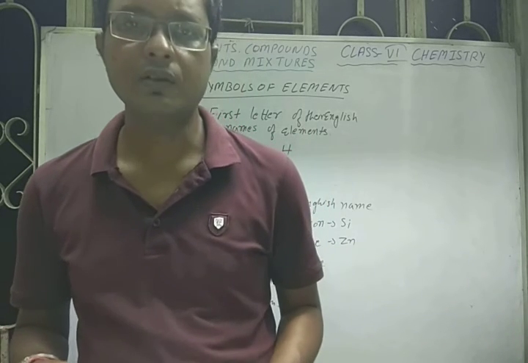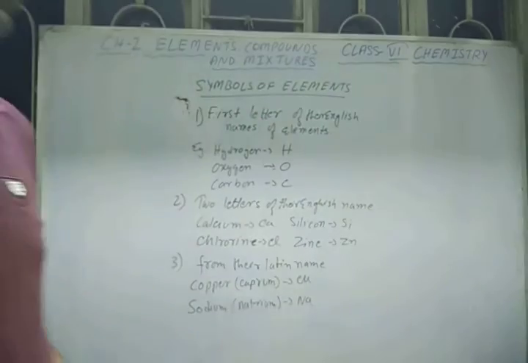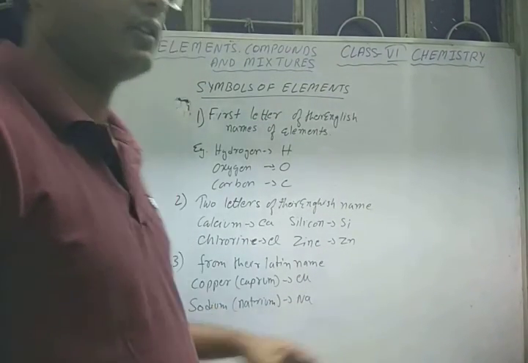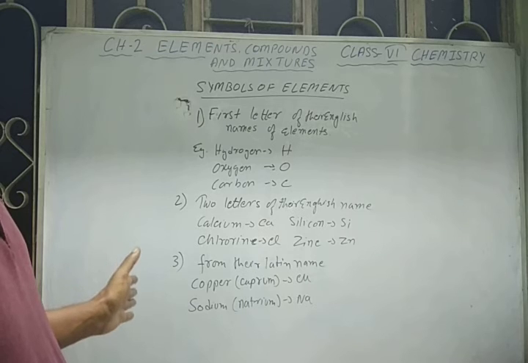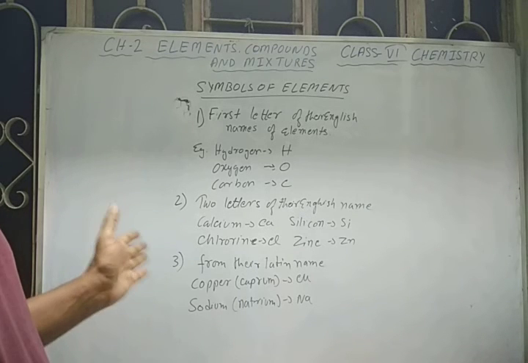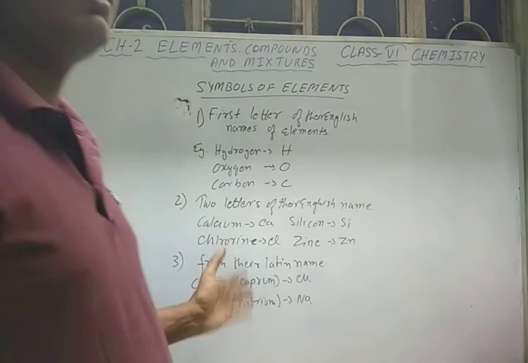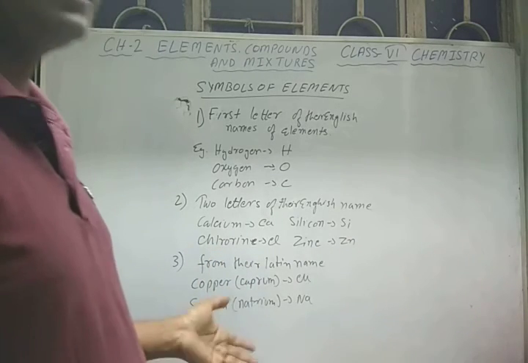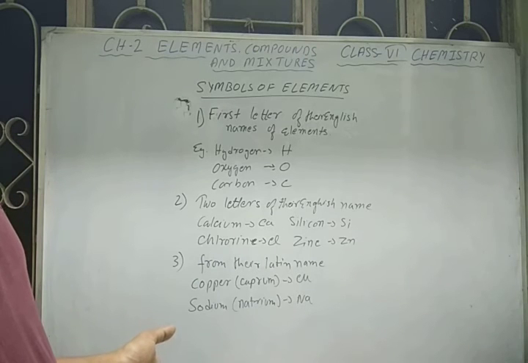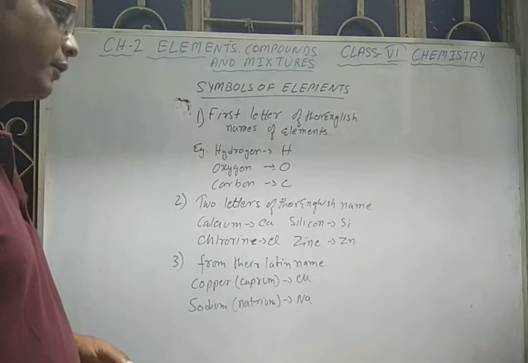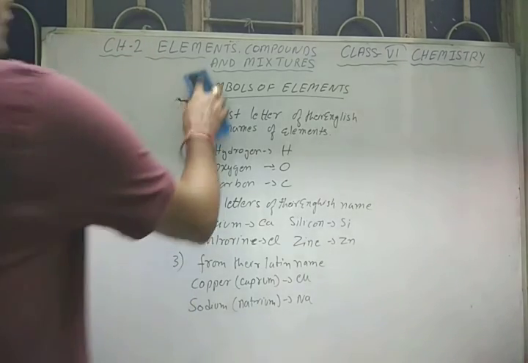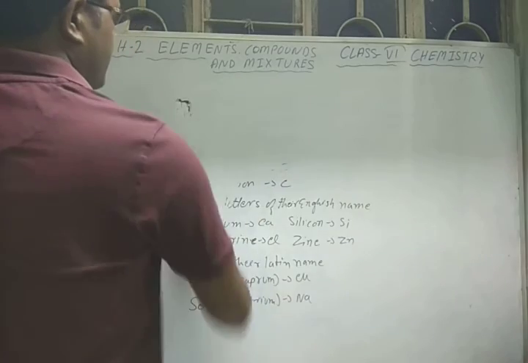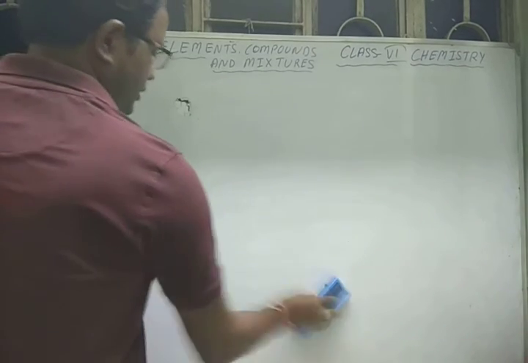Now, all of us know that there are 118 elements known to us till today. Okay, so I hope all of you have understood how symbols are given to different elements. Now it's your duty to learn all the symbols from the book, and some more also which I will provide later in your WhatsApp group. From there you can copy it in your copy and then learn. Now we have 118 elements known to us, isn't it?